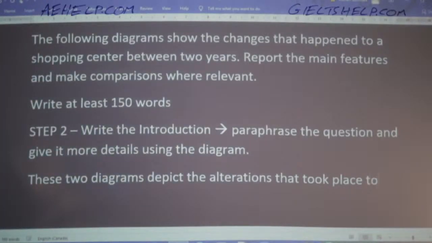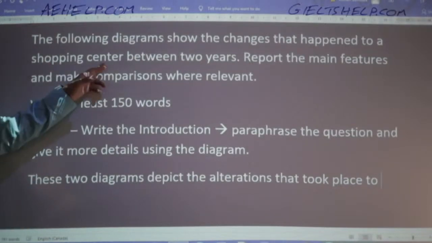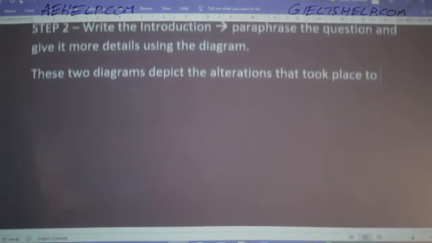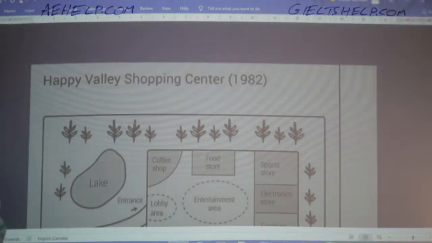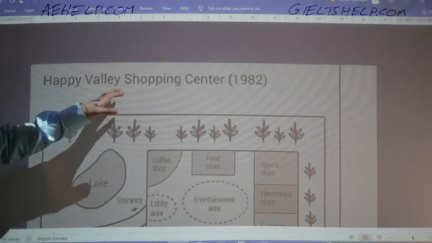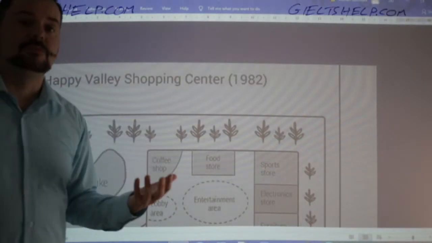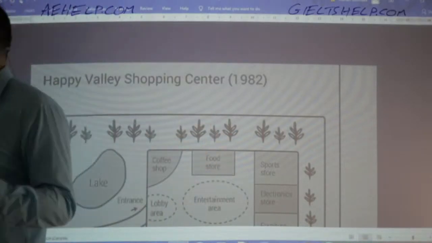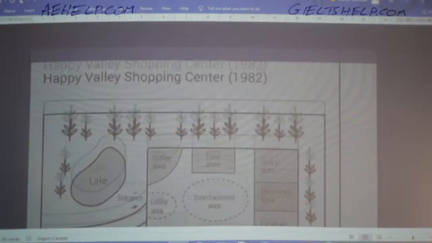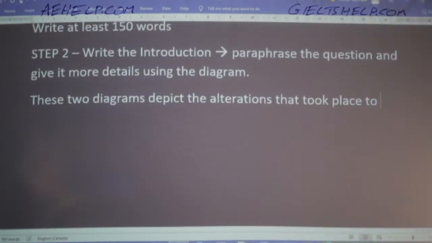And then instead of shopping center, I can give a little bit more detail here because I have the title of this shopping center. So it's Happy Valley Shopping Center. Now, of course, notice how it's capital H, capital V, because it's the name of the shopping center. So you want to make sure that you stick to that. Okay. So that took place with the Happy Valley Shopping Center